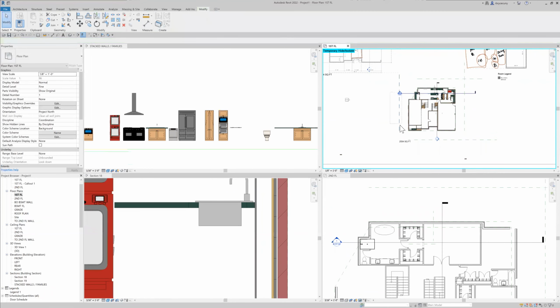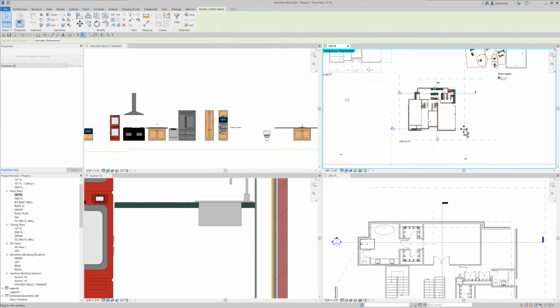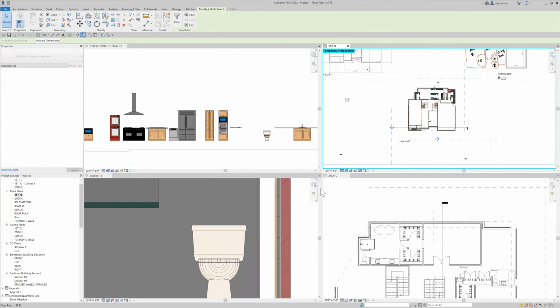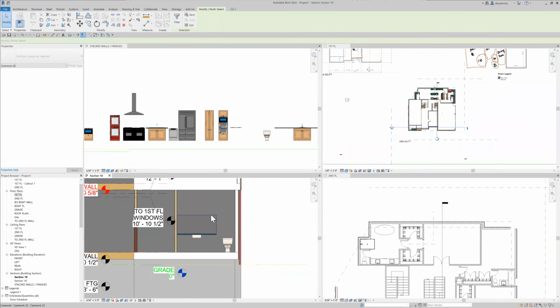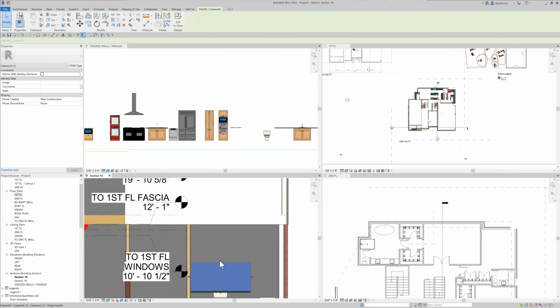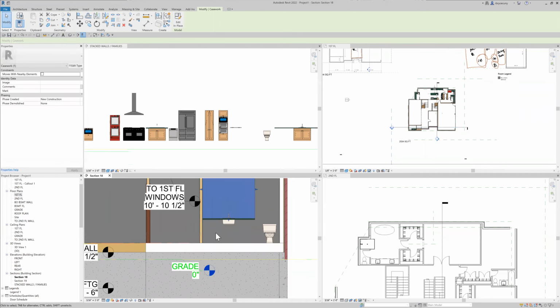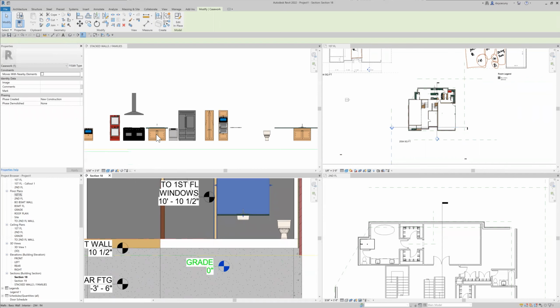I'm going to grab this guy and flip him and take a look. Here's what we have. I'll take that mirror all the way up to the ceiling. There really should be a backsplash, but I'll have to show that. All right, now